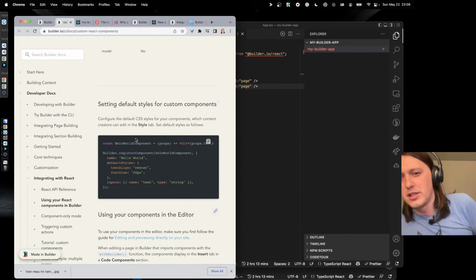Okay, screen editing, data, layer style options. Okay, so don't care about anything yet. So let's. The first thing you need to create builder.